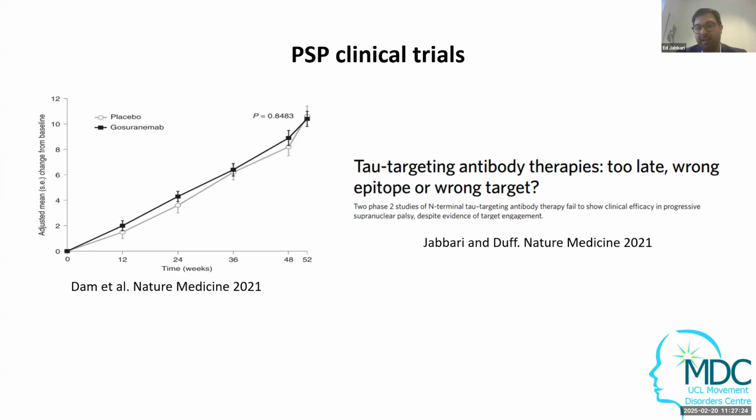And of course, in a condition like PSP that we consider to be quite a fast progressing condition, if you're recruiting someone to a clinical trial who's already 3.5 years into their disease course, you're more than likely to have missed that therapeutic window where you may be able to achieve effective modification of the disease course with a drug